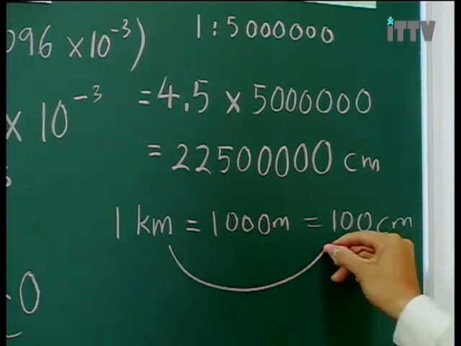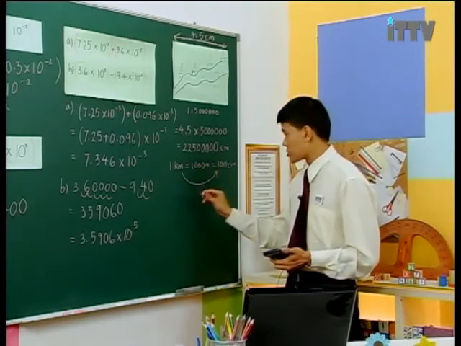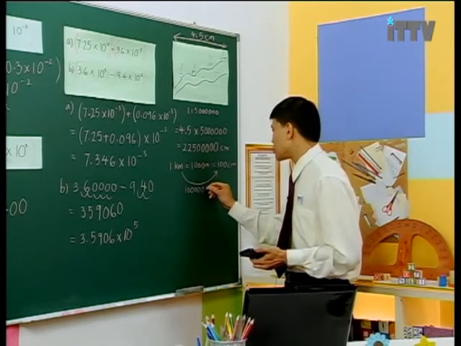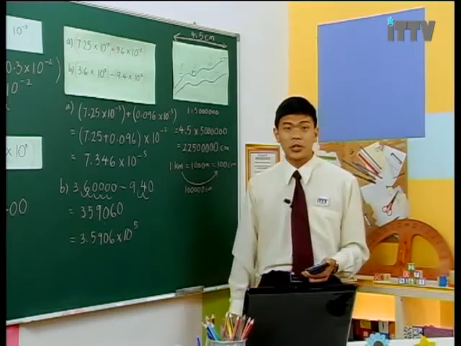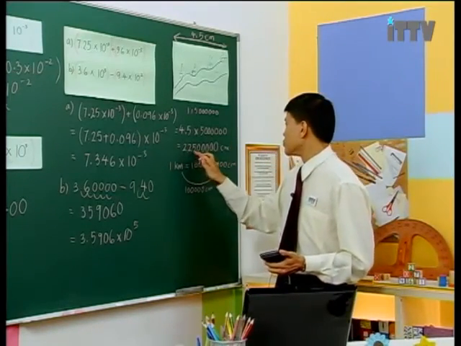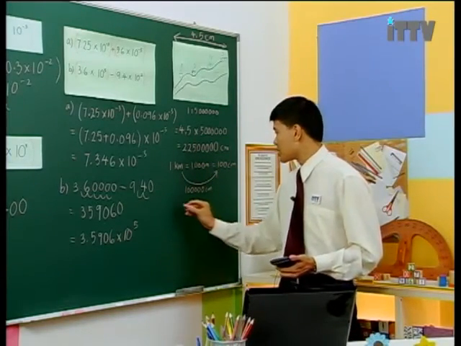So in short, 1 km will contain 5 zeros. So it means 100,000 centimeters. So if this river is 22,500,000 centimeters, to convert it back to kilometers, we need to